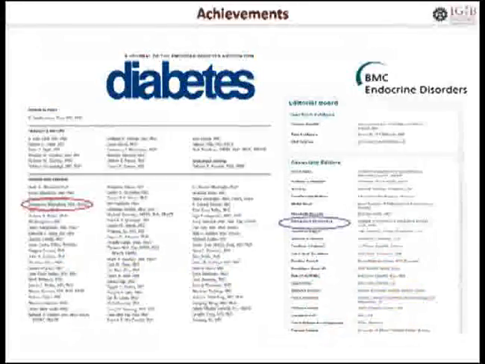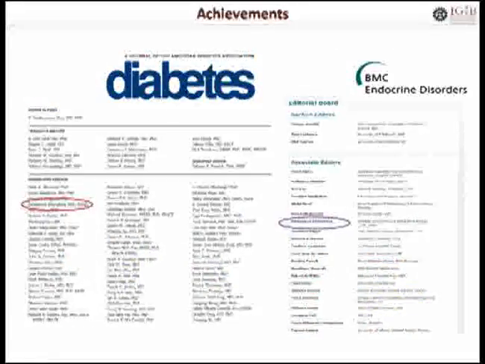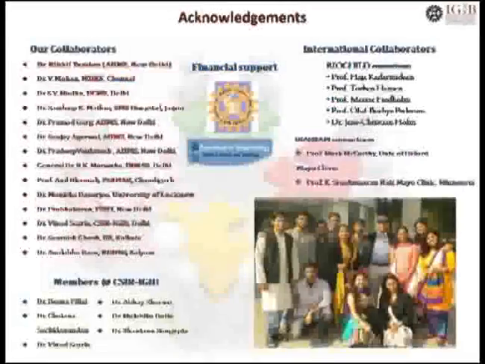I'm done, and I can take any questions if you have any. This is our group, where the students are doing wonderful work. I started with Professor Nikhil Tandon as the first, because I was naive to diabetes and genetics, and after that lots of my physician friends joined, because it's a large study and needs lots of people's involvement. My money is coming mainly from CSR, and some money I'm getting from DBT.